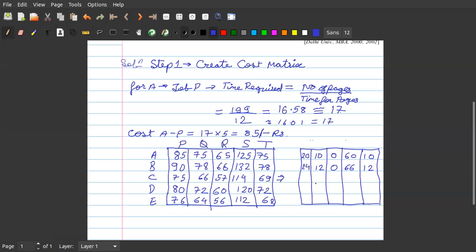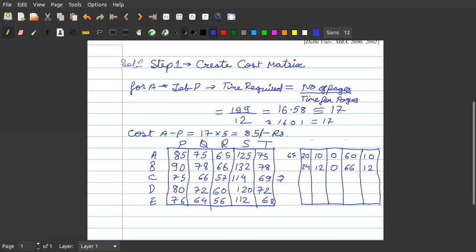Is it correct, students? Hello? Am I audible? So here we are subtracting with a small value, sir. Yes, whichever is the least value in this row, we are subtracting each element from that value. You can also write the value at the right end, but here my page has ended, so I'm not writing it. But if you want, I can write it for you.